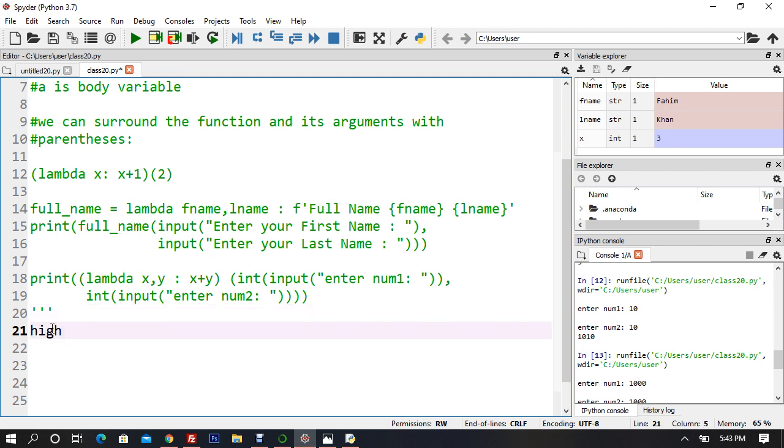I will say high_order function is equal to lambda, and it accepts one bound variable here, and the body is going to be right here. Now see this, it is going to be func of, let's say, x plus func of x. Okay,